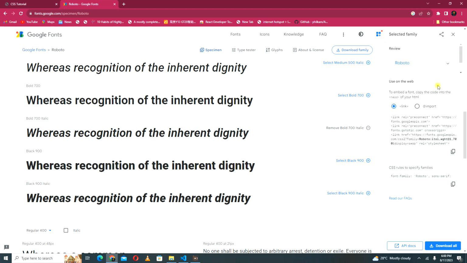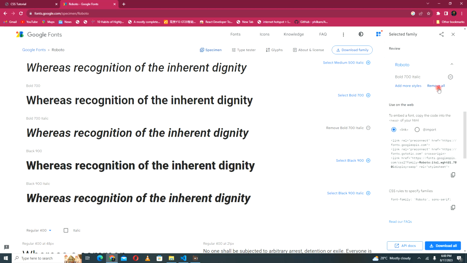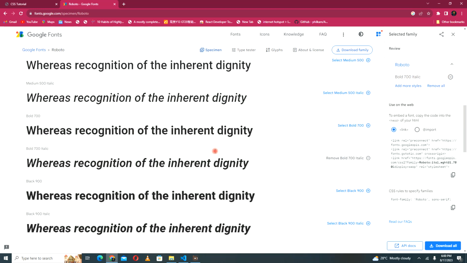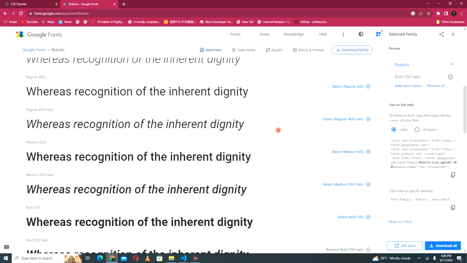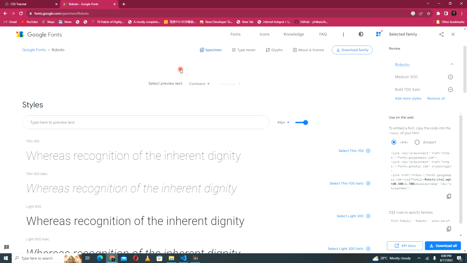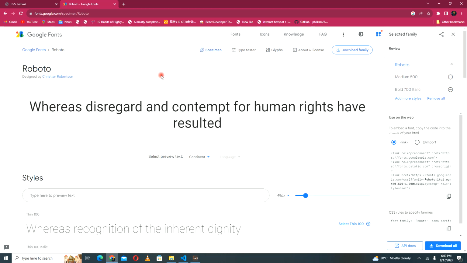Let me remove all this. I've got this in my browser since. So this is what I just added now, 700 tick. So I could go up or down and look for 500 tick and add it. And here we go. Now be very careful, because the more of these things you add, the more it kind